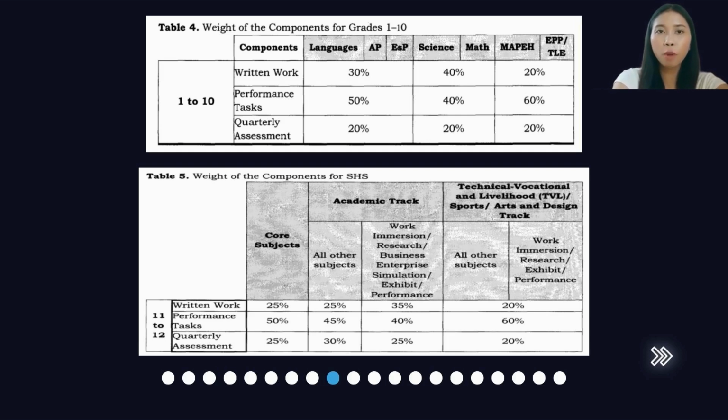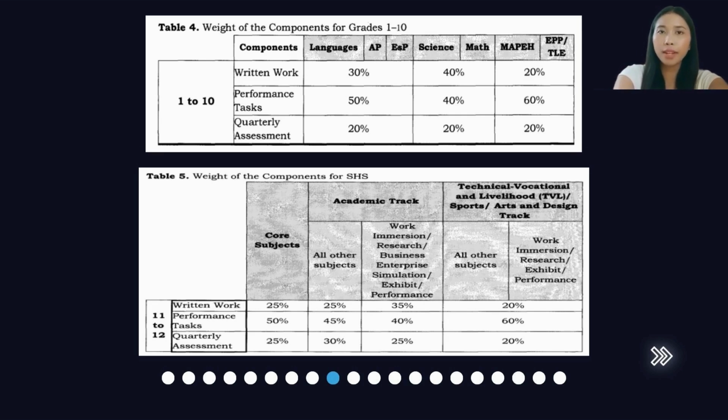The K-12 program introduced significant reforms, one of which is the comprehensive grading system implemented by the Department of Education, commonly known as DepEd, designed to align with global education standards and enhance the learning experience of students. This grading system aims to provide a clearer assessment of student progress and proficiency.